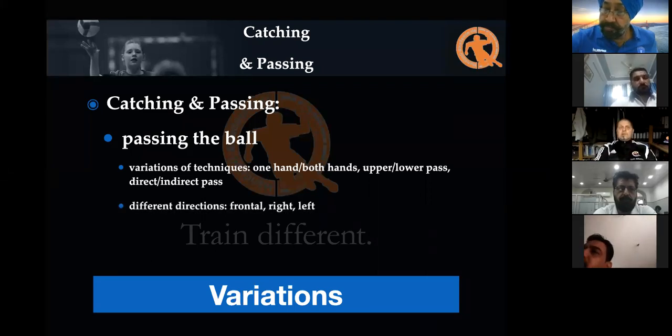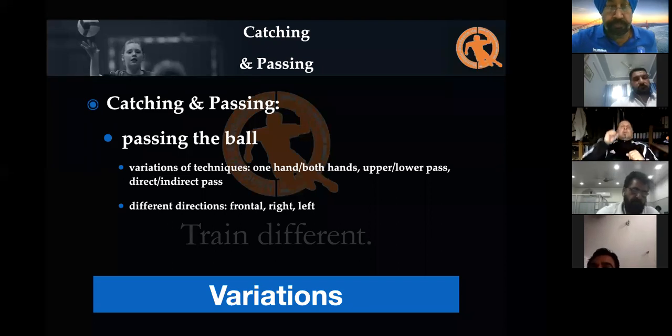These passes, as I described before, must be given into different directions. So receiving the ball from that direction and giving the ball to the other direction is something very basic to vary in the drills. But as you can imagine, frontal receiving and frontal passing is the easiest way